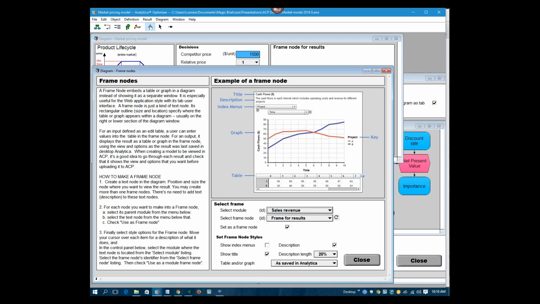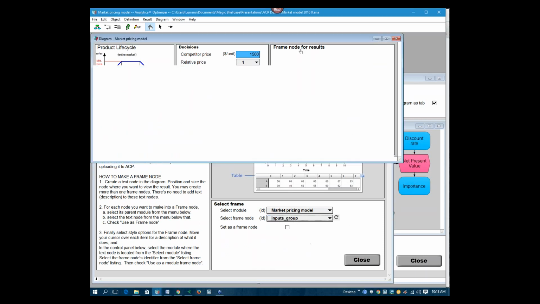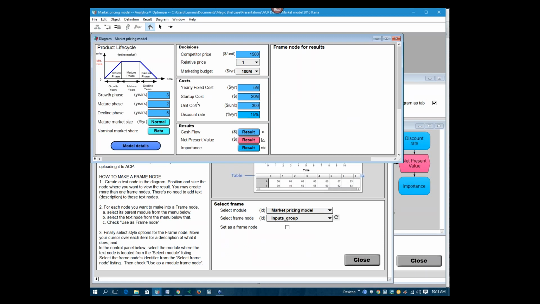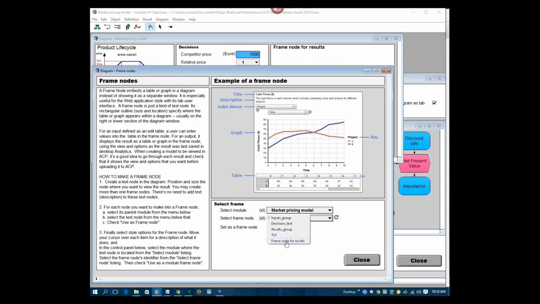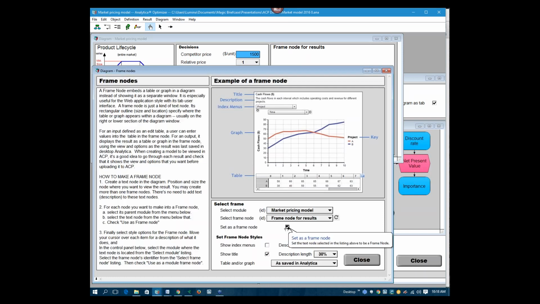So I select that, and then it finds the text nodes in my model, and you'll see this has each of these things as a text node I'm using to group inputs and outputs. But the one that I want to make into a frame node is this last one that I labeled frame nodes for results. So I select that, then I just check this box, select as a frame node, and then